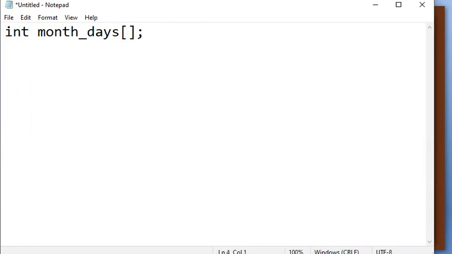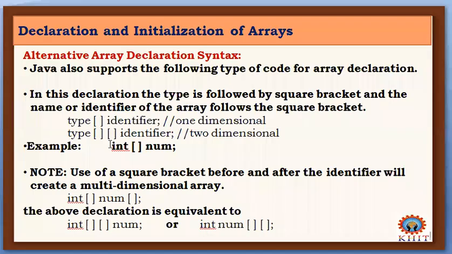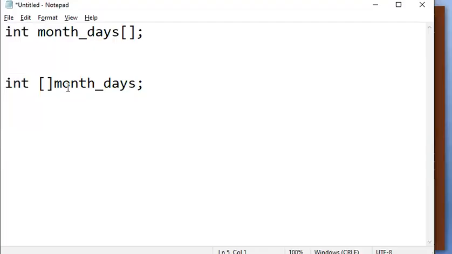So this declaration can be written like this also, month_days. This can also be done. So this subscript can be written before the name of the array. Before the name of the array also we can write the subscript.